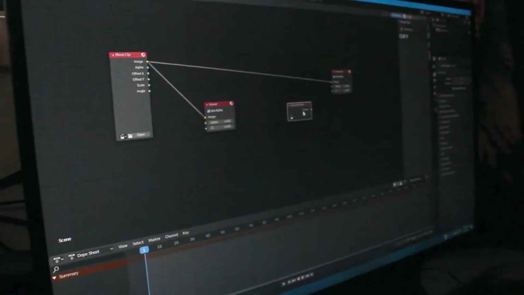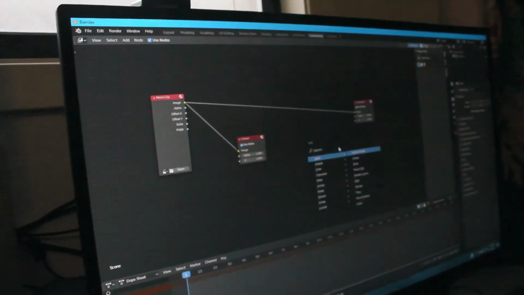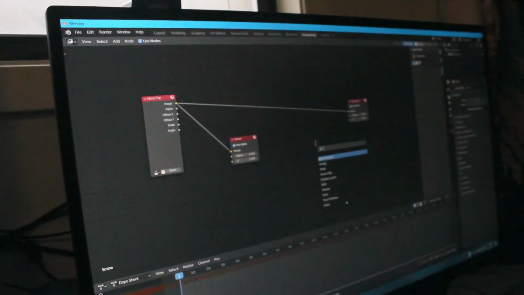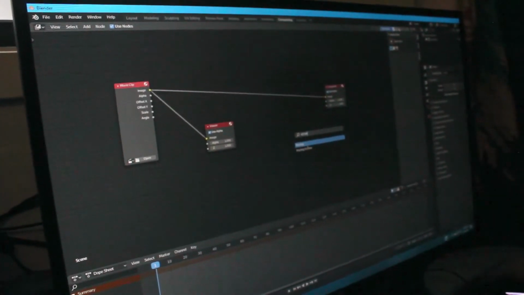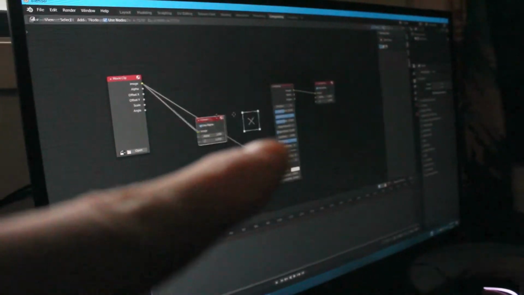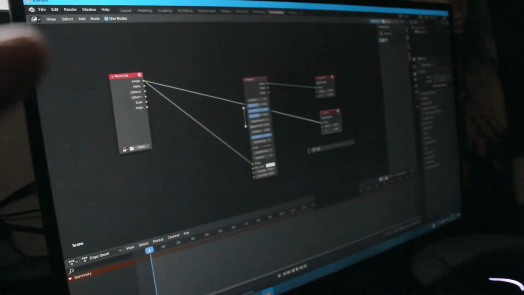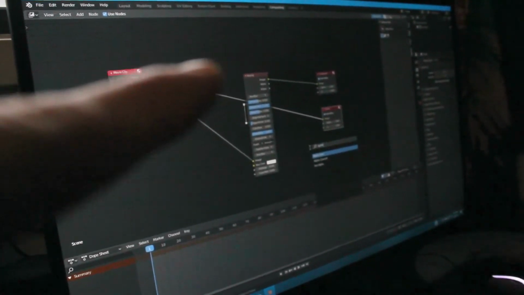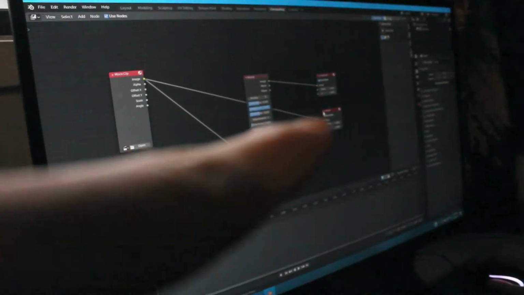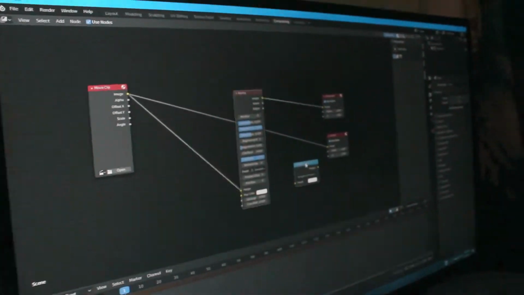We're here. We have movie clip, image connected to image of composite over there. And then we have keying connected to alpha convert here. Viewer. What we do here is